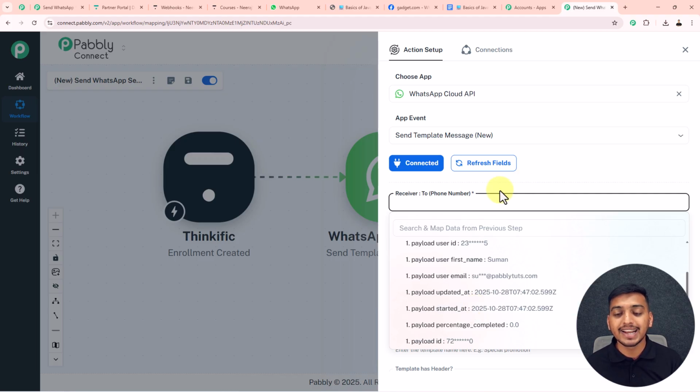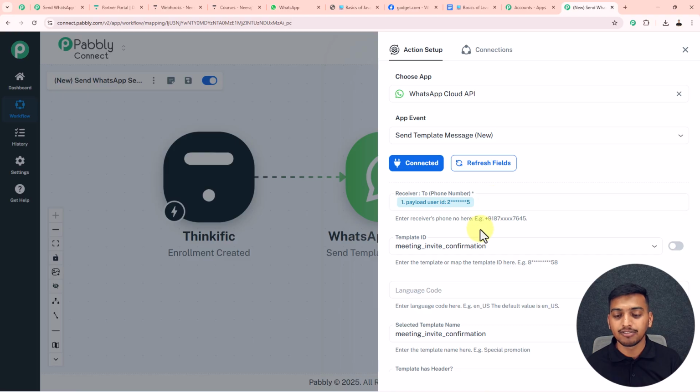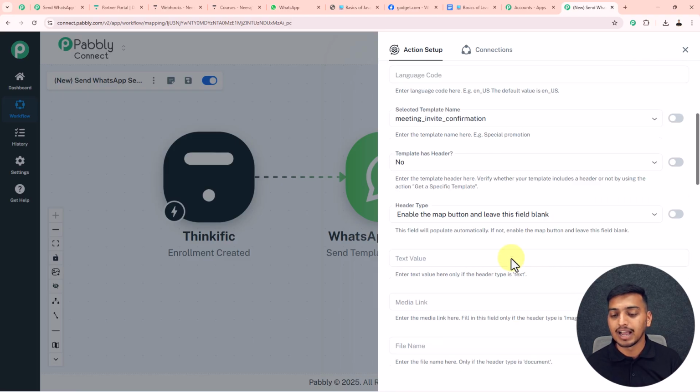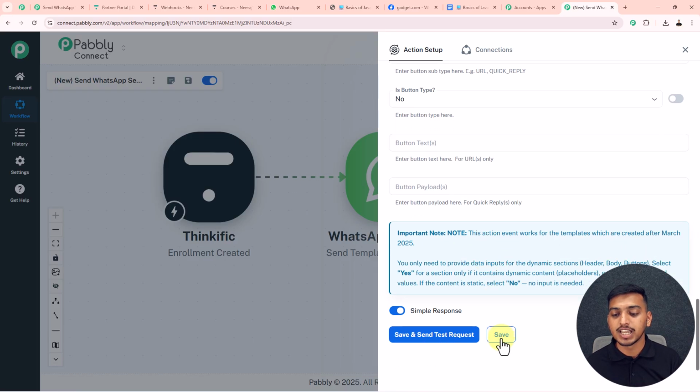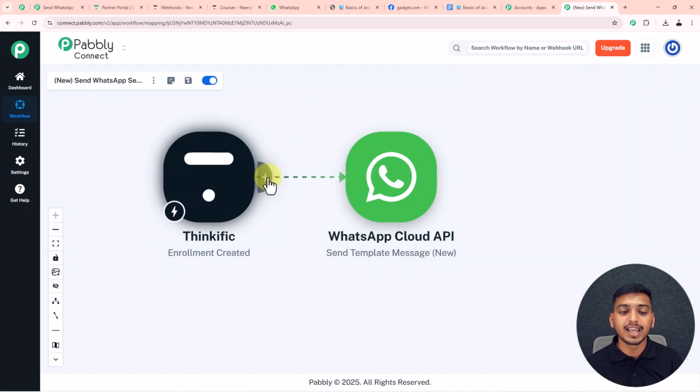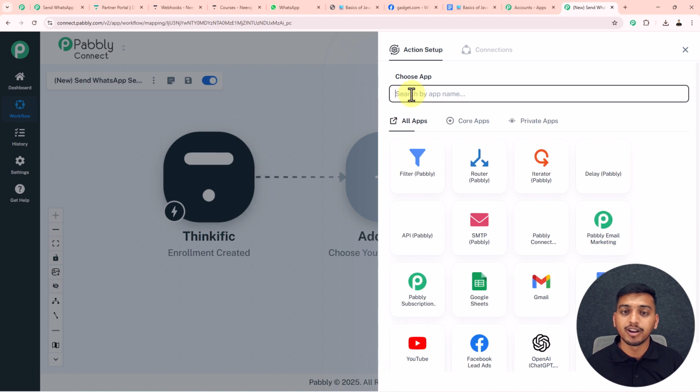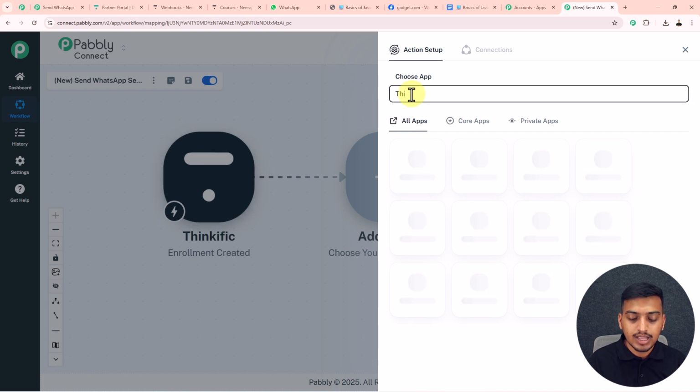So before adding that, as this particular phone number field is mandatory, I will just click on any of these following buttons, and after that I will go back and click on this save button to save this particular action step. Then we will move further, and I will again click on this plus button to add one more action step, and this time also I will search for the action application Thinkific and I will